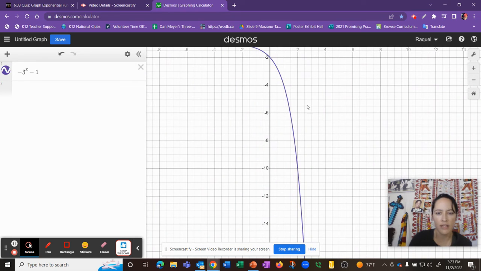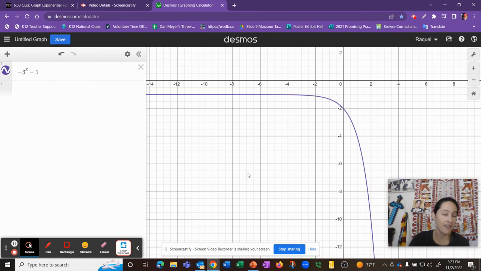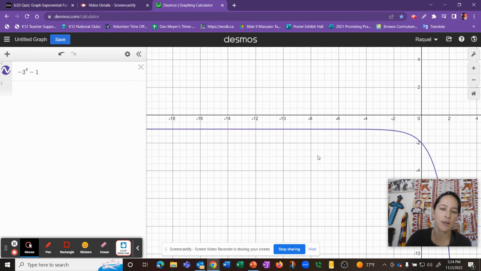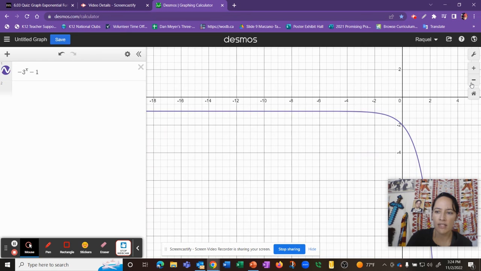Ooh, so look how this is, it's going to keep going. Eventually, it's allowed to keep going. Nothing's stopping it. Maybe really far away, it's just going to keep slowly edging over. Maybe not. I don't know. I think about end behavior limits. We'll talk about that one day. But look at this. Look how it looks almost straight. And look at y equals -1. Okay, so now as I zoom out,